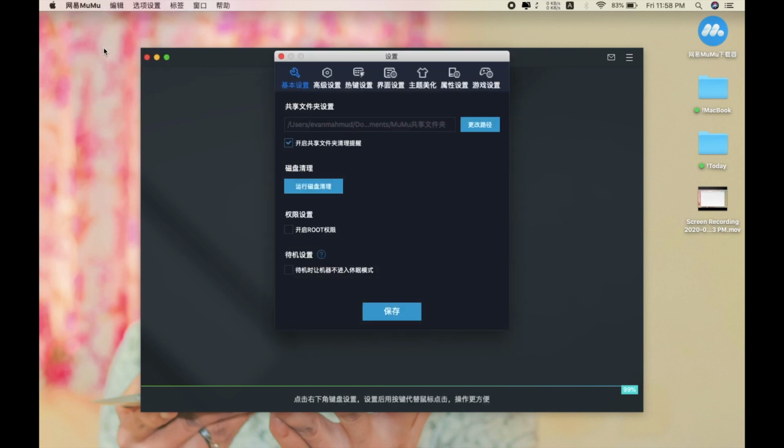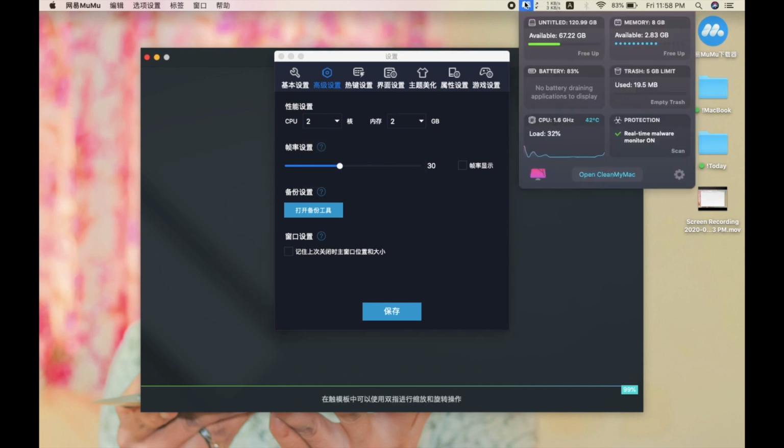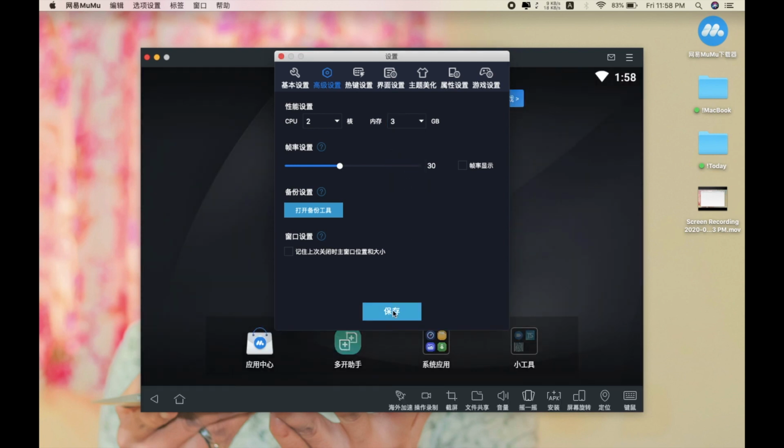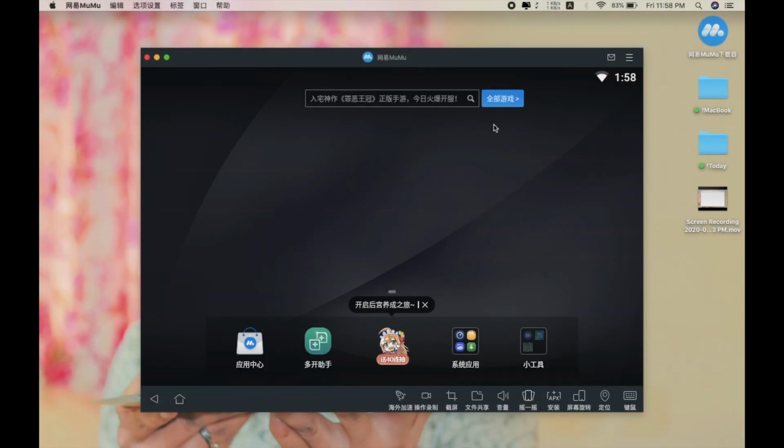And from here you can change its settings like the graphics, resolutions, all the things over here. Here you can see the cores, and here is the RAM. As my Mac has only 8 GB of RAM, I just want it to be on 3 GB. That is more than enough. Restart the emulator, and here it already loaded, and over here you can see there is no Play Store or things like that,